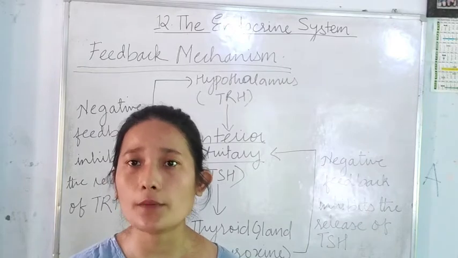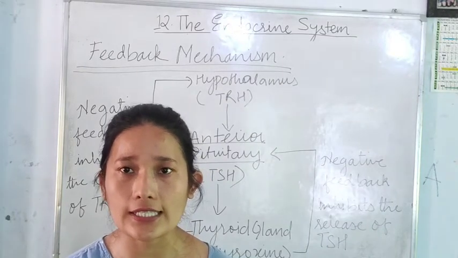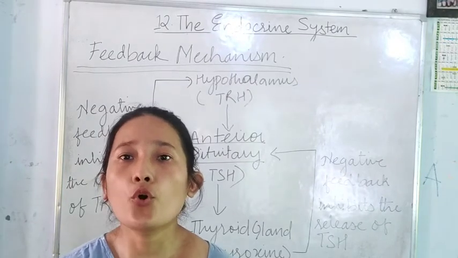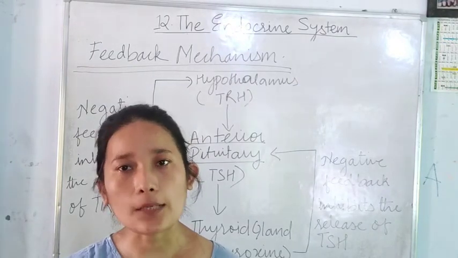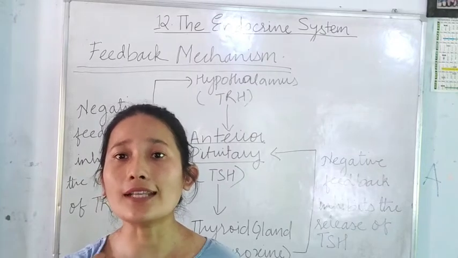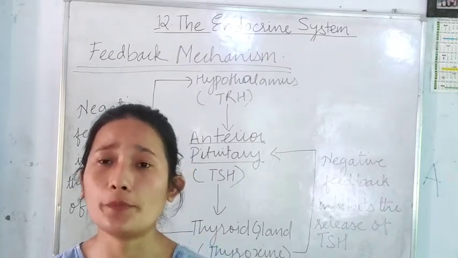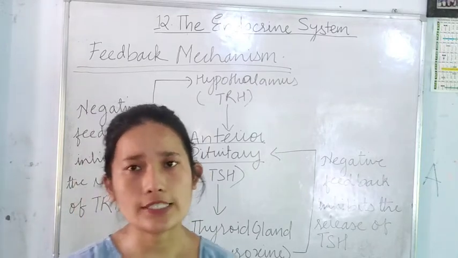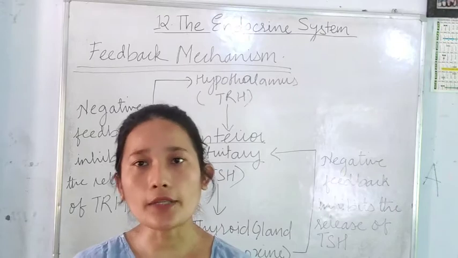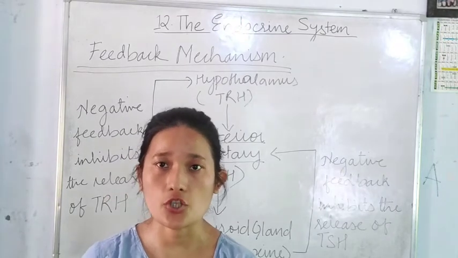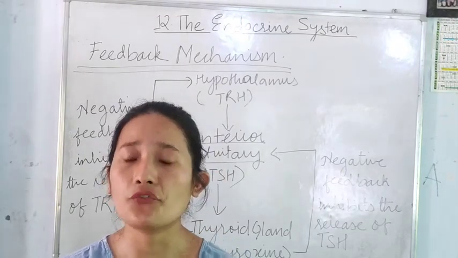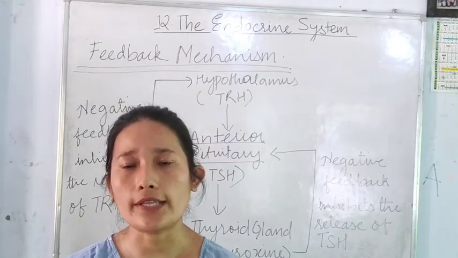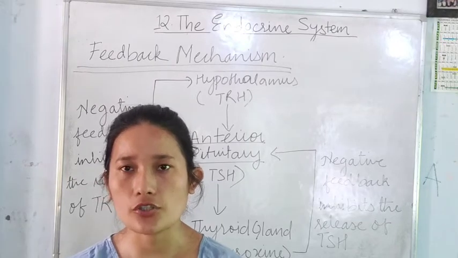In that case, whenever the oxytocin hormone is being secreted, the body sends the message that more oxytocin should be secreted at that particular moment, so that it would be easier for the delivery of the baby. So positive feedback takes place in rare cases. Most of the time the negative feedback mechanism takes place. So let us discuss the negative feedback mechanism, taking thyroid stimulating hormone as an example. That's in your syllabus.